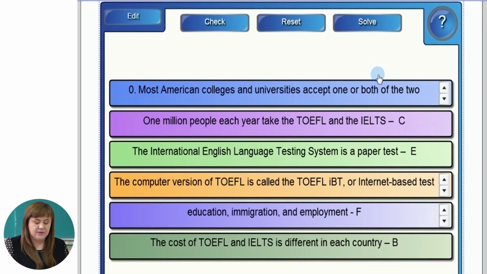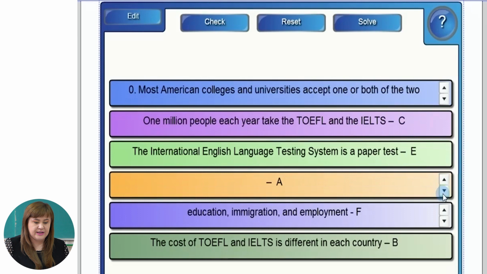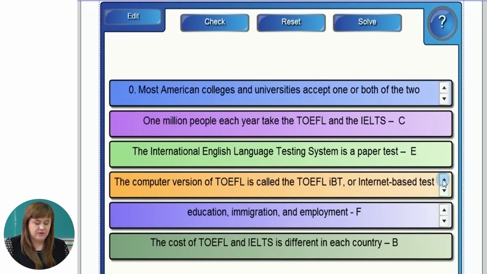One million people each year take the TOEFL and the IELTS. C goes to the first one. The International English Language Testing System is a paper test. E goes to the extract number 2. The computer version of TOEFL is called the TOEFL IBT or Internet-based test. A is suitable for the